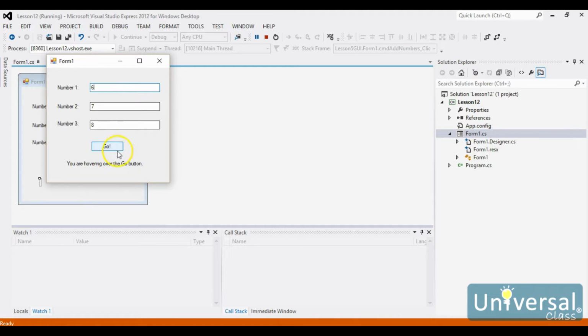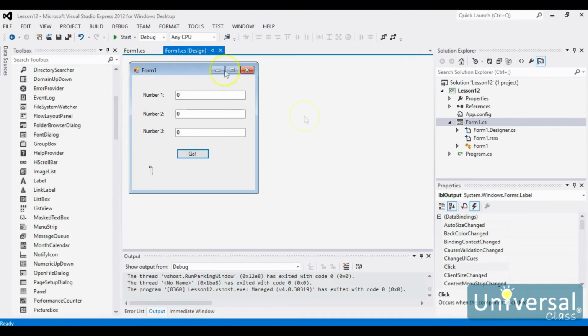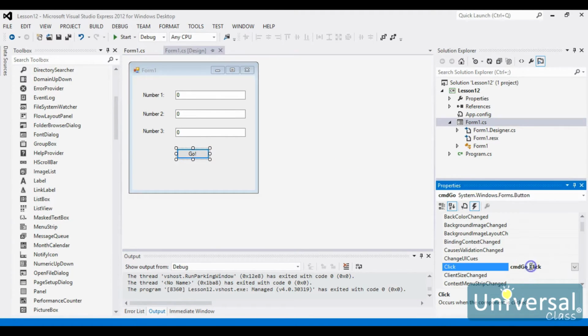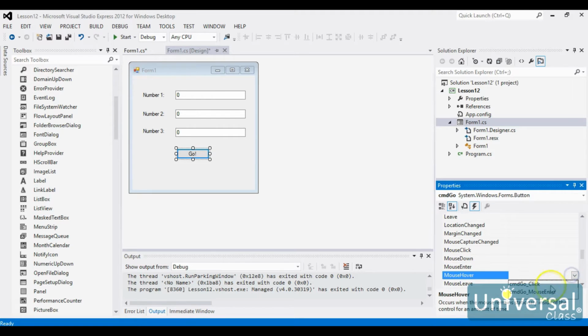If I come up here and press enter, once again it pretends that I clicked on the go button. So I don't necessarily want it to be that if I enter the button, I want it to be if I hover over it. So what I can do, oops, didn't mean to do that. I want this to be the click event. If I do not mouse enter, I'm going to delete this, but I want mouse hover. Okay, now if I run it,